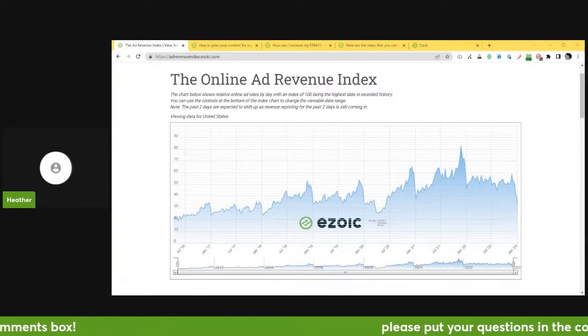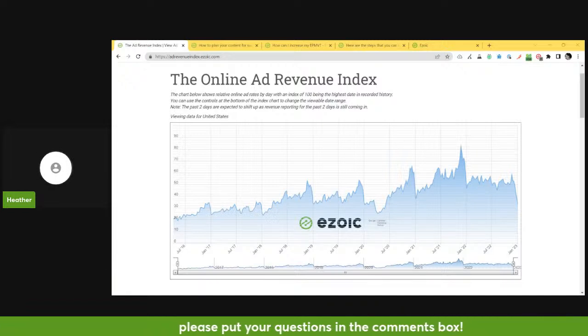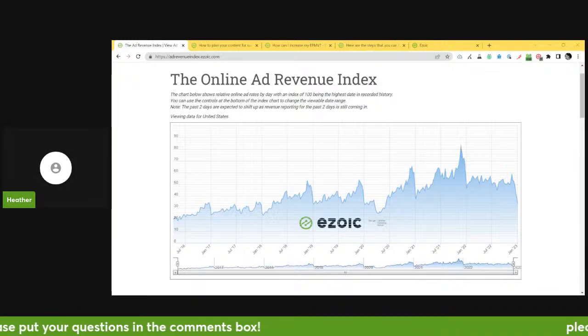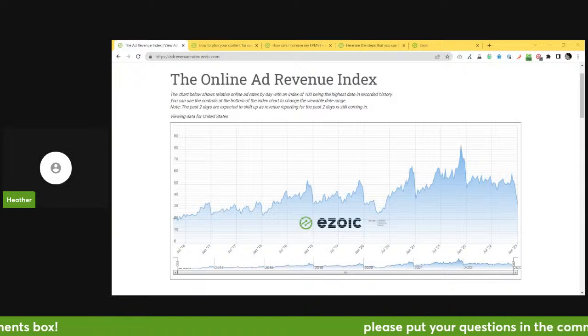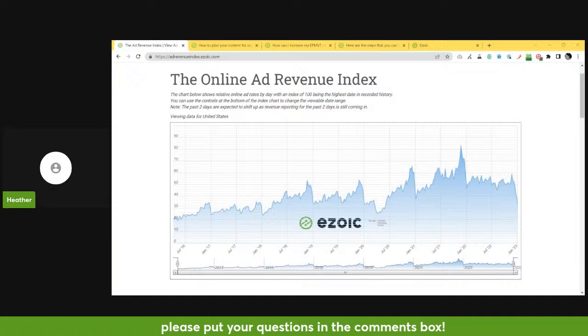One of the things that I wanted to take you through today was the online ad revenue index, which is a global aggregate of online ad rates day by day. And this helps you to see that the January ad rate drop that you're experiencing is totally normal and happens each and every year.